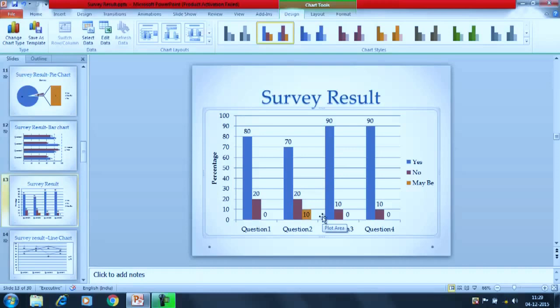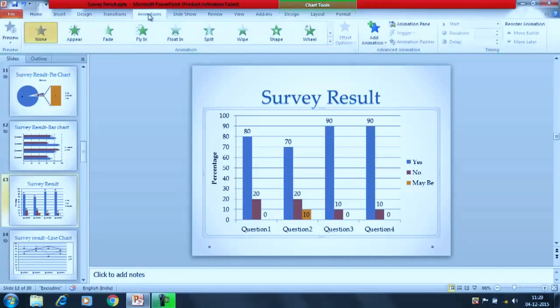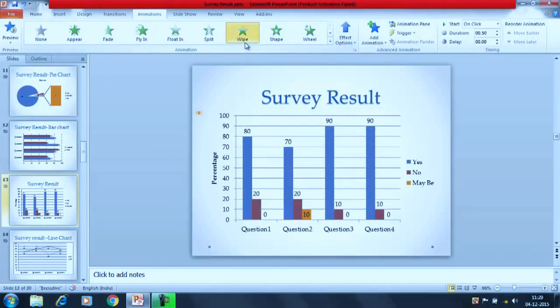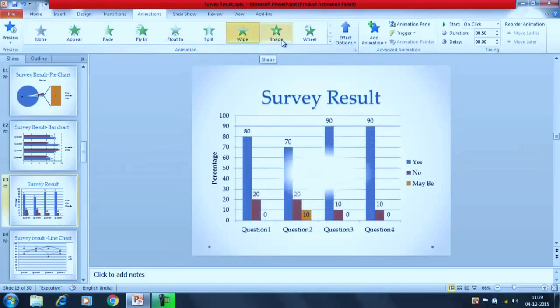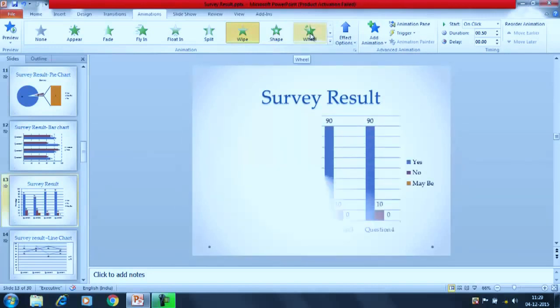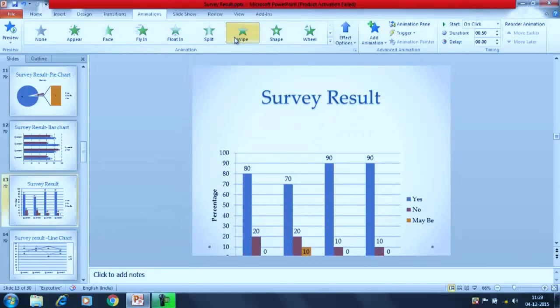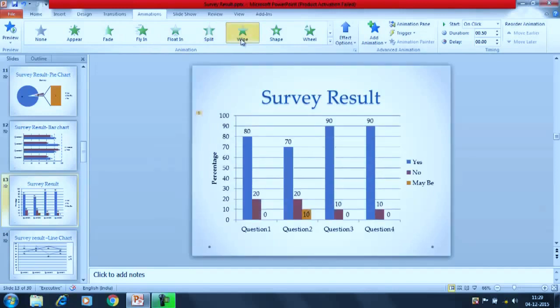Now again, if you want to keep it simple, you can place the data as it is on your slide, and if you want to put in some animation, you can definitely apply that. You can click on the animation, apply the animation on the text first, and after that click on the chart. Let's say we apply this wipe animation. We can try to apply this, or you can apply any animation here. The wheel, we are aware of multiple animations now. So that's it. This is how you can apply the animation to the text and to everything.